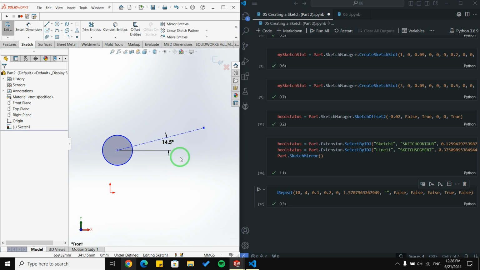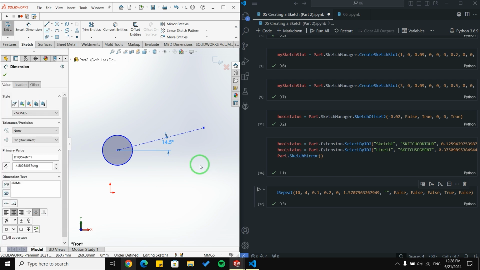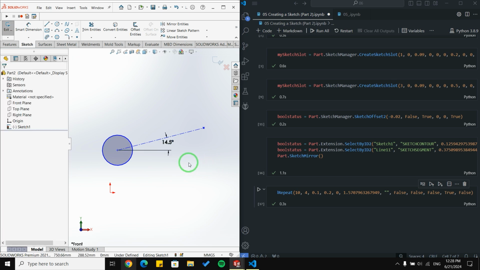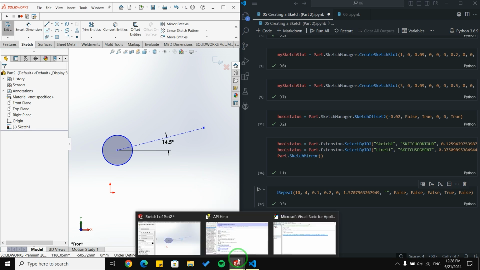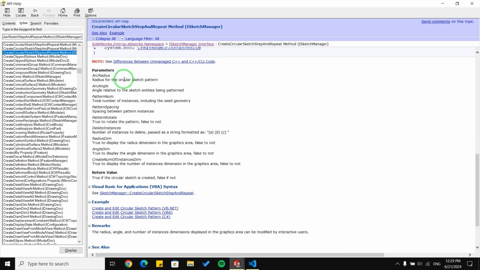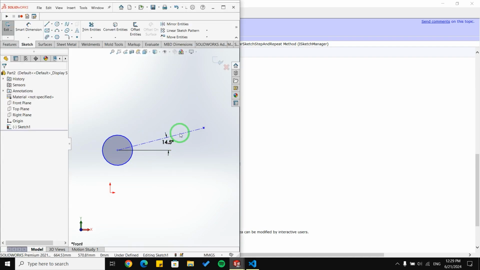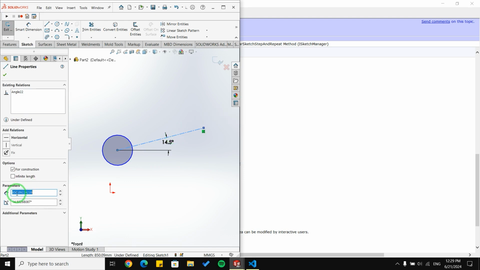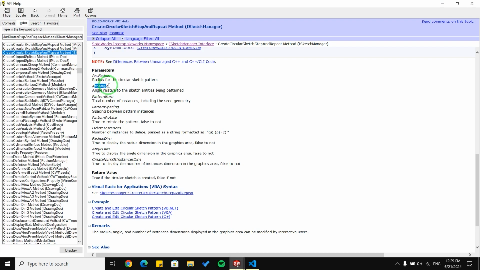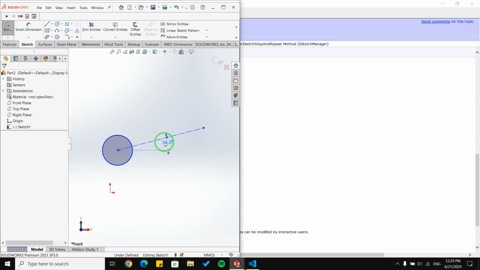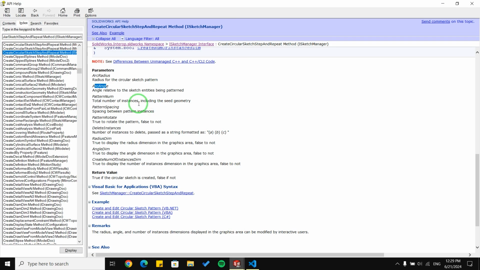Okay, and I think it's worth mentioning that the angle should be in radian, not in degrees. So be cautious when you are going to choose the angle. Okay, let's take a look at API help. Arc radius will be this line, 850 millimeters. Arc angle will be this angle in radian, not in degree.